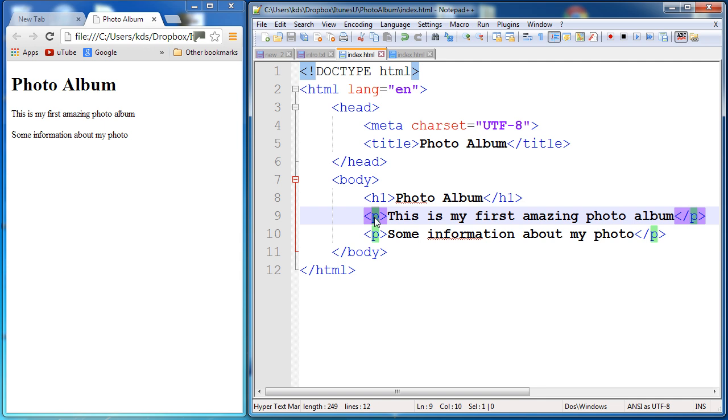You can also get a header 2, so I can change that to H2 there, and change this also to H2. So again, the opening tags and the closing tags are the same. And if I save that,